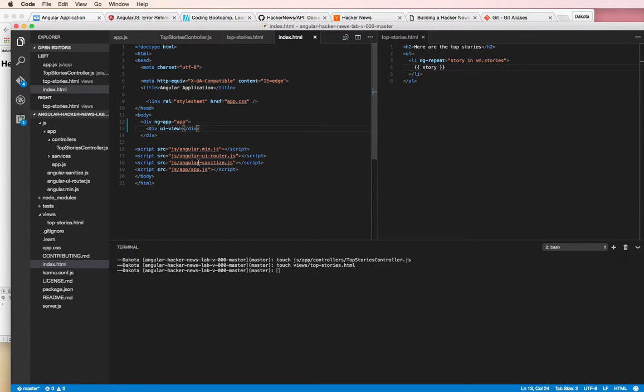So finally, there's one thing we for sure have to do or nothing's going to work. And that's we have to add a script tag down here. And that's going to tell our project to load the new controller that we wrote. Otherwise, we would get an error. So once we add that script tag there,